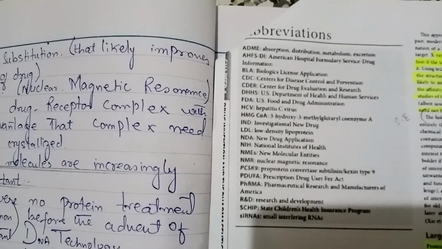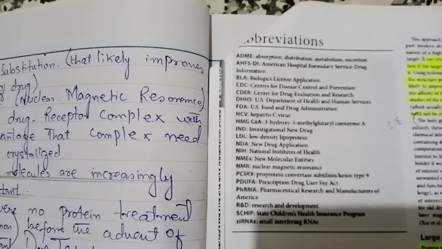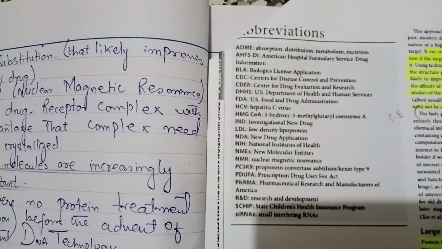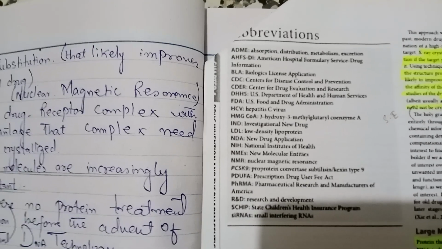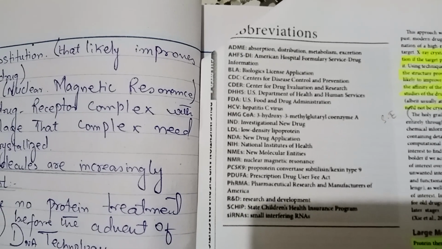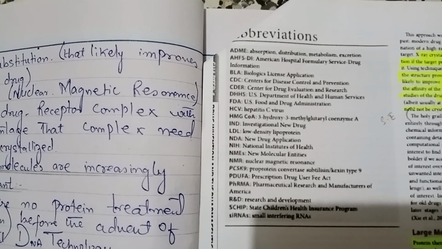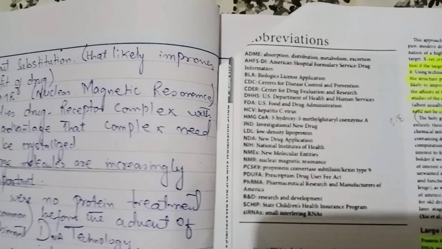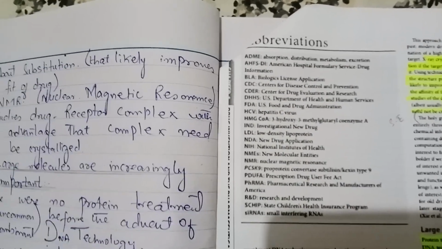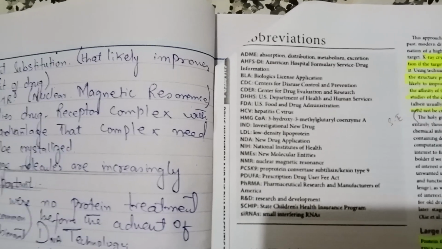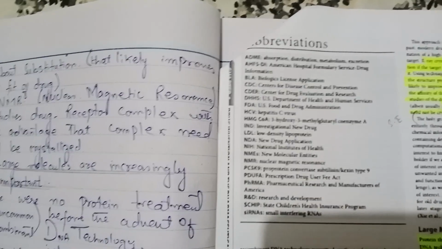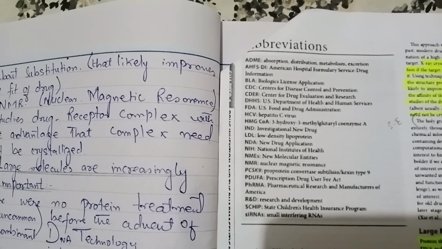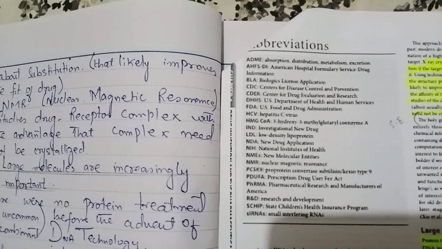CDC, Centers for Disease Control and Prevention. CDER, Center for Drug Evaluation and Research. DHHS, US Department of Health and Human Services. FDA, US Food and Drug Administration. HCV, hepatitis C virus. HMG-CoA, 3-hydroxy-3-methylglutaryl coenzyme A. IND, investigational new drug. We'll also go through this in the invention chapter. And LDL is low density lipoprotein, NDA is new drug application, NIH is National Institutes of Health, NMEs is new molecular entities, NMR is nuclear magnetic resonance,